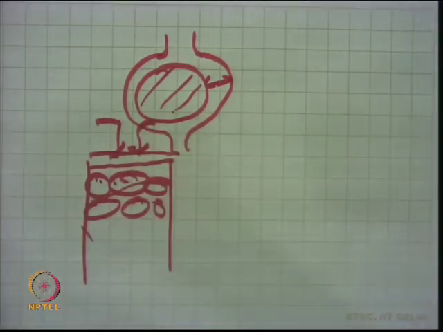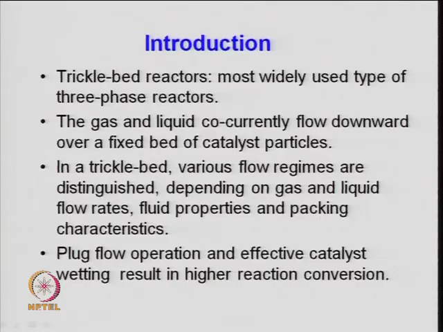bed reactor. So, the operation can be co-current; counter current is not very common, but R&D is being done in that area also, but co-current either upward or downward. So, most of the time it is downward flow operation at present. So, various flow regimes are formed when you have a gas and a liquid, and then depending upon the gas and liquid flow rate, the flow regime may also change. So, one needs to control a definite flow regime, or look at the flow rate of gas and liquid in order to have a trickle bed or trickle flow regime.